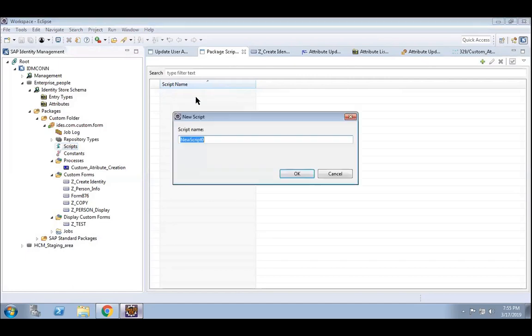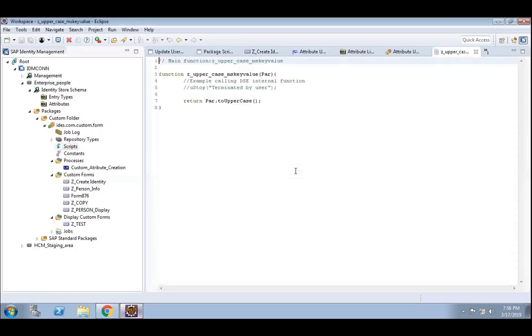New script. The script name is z underscore upper case underscore msg value. We are converting MSK value to uppercase.